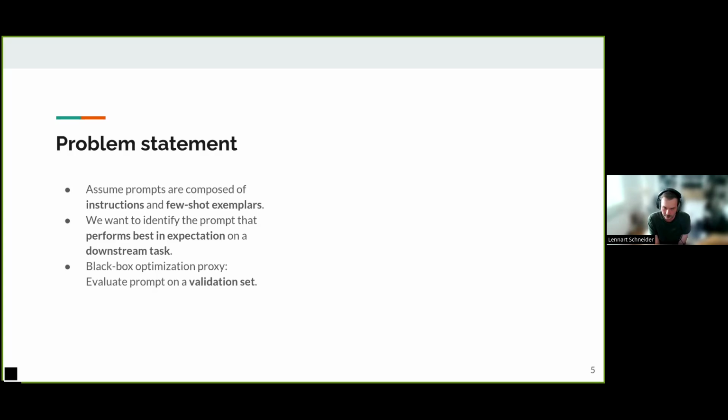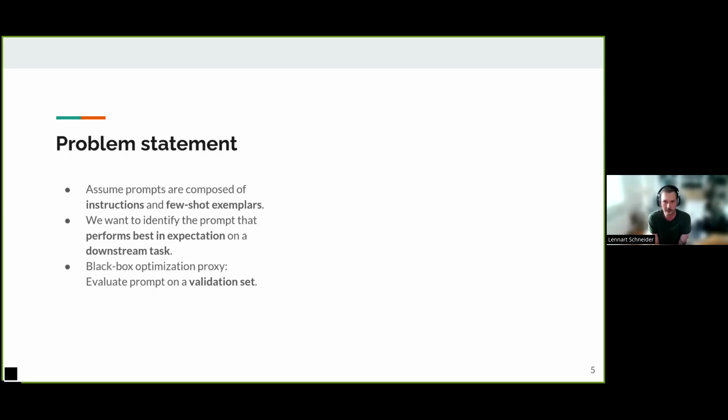And it's a static setting. We will see how this is different to a dynamic setting. And it's a selection setting because we currently assume you have a pool of candidate prompts that doesn't evolve over time, but it could be extended to a dynamic setting. So if you are in this setting that is static black box prompt selection, what you usually do is you